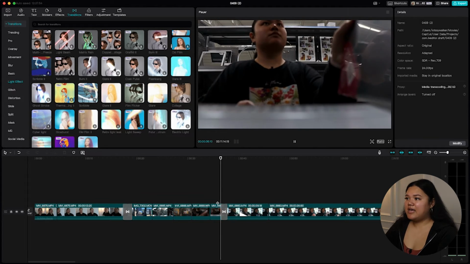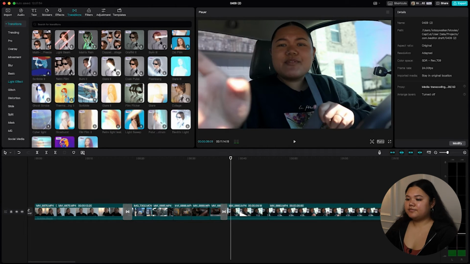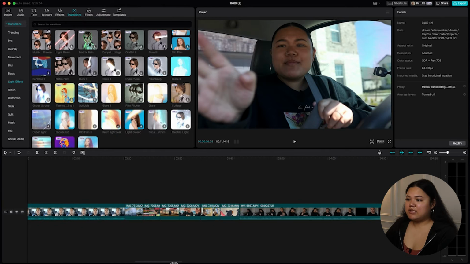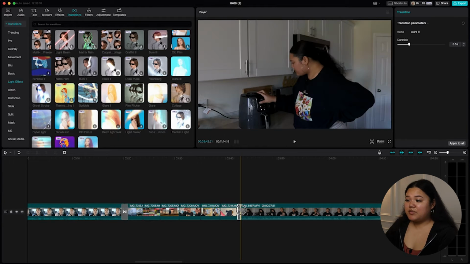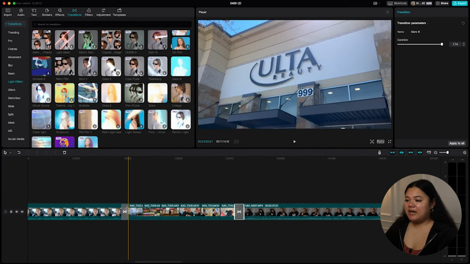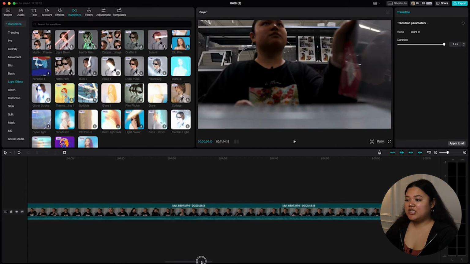And then right here, it'll look like that when I get back into talking. Perfect. And then I will do the same thing for the other parts. So when you add transitions, you do it however you want. You can use whatever transition you want, and it makes it a little bit more engaging, a little bit more